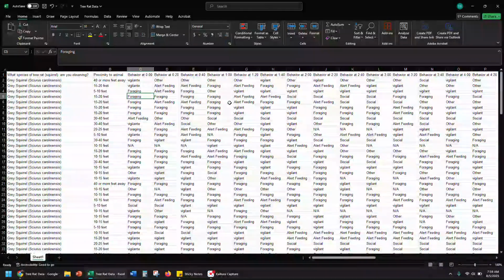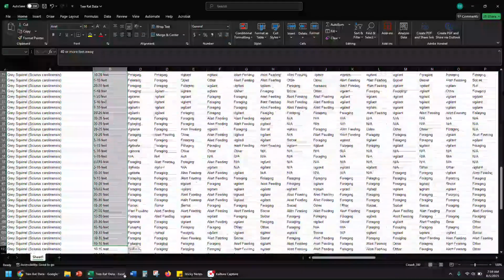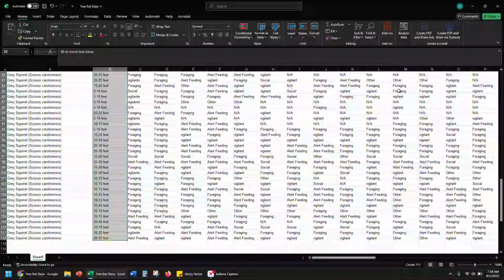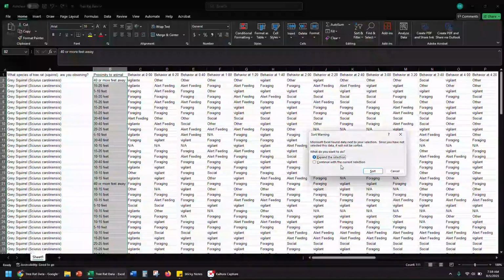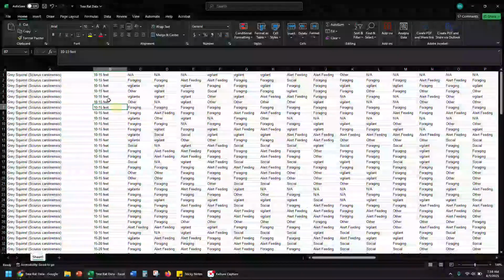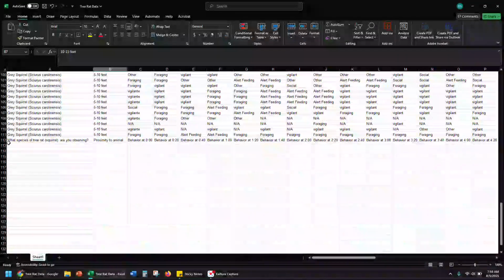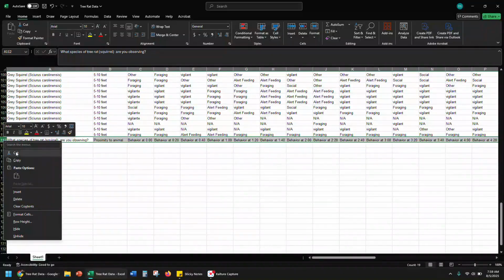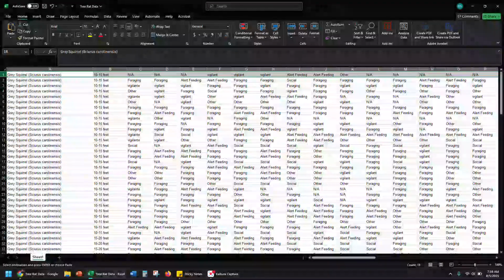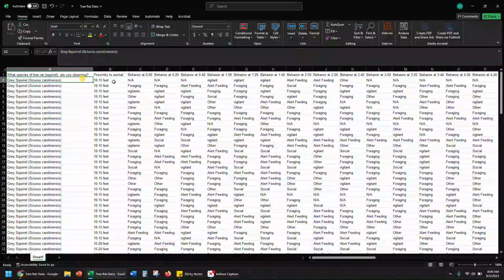Okay. The first thing we've got to do is, let's say my hypothesis is that squirrels that are closer will exhibit more vigilant behavior. So let's sort this, and let's just get the ones that are close to the ones that are far away. And we'll expand the selection, right? I'm just going to move this back up to the top so we know what we're looking at, right? And it looks like,